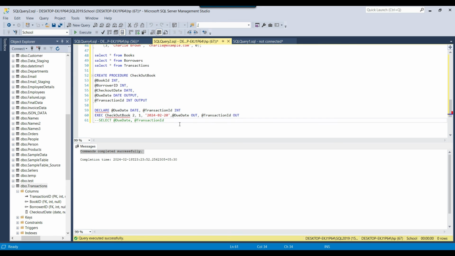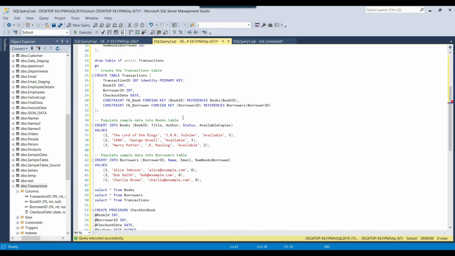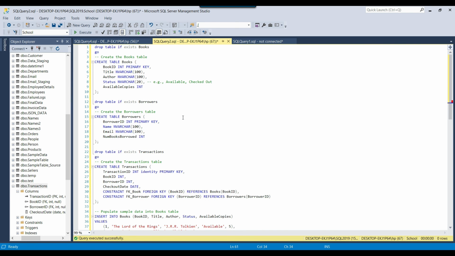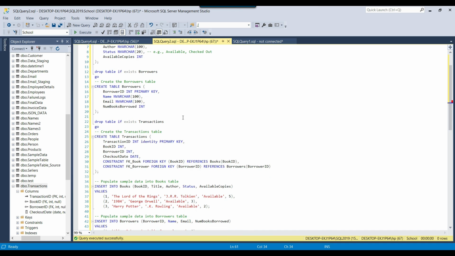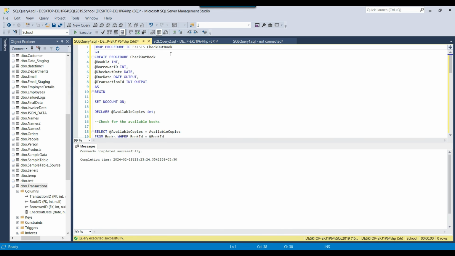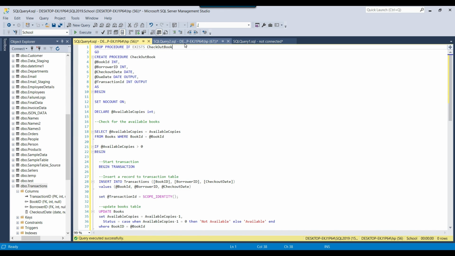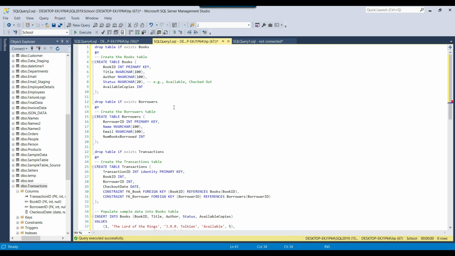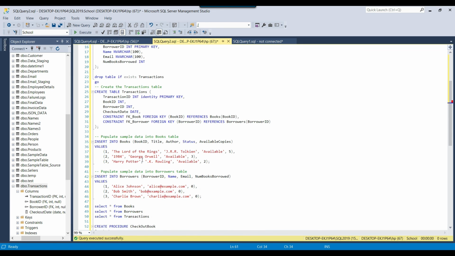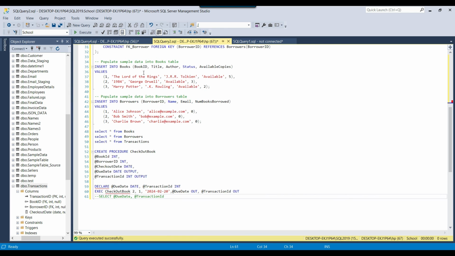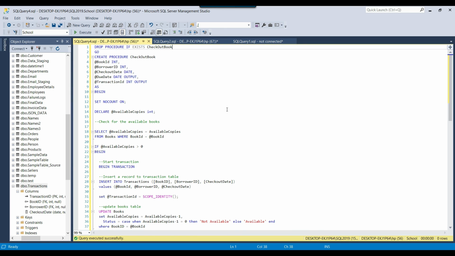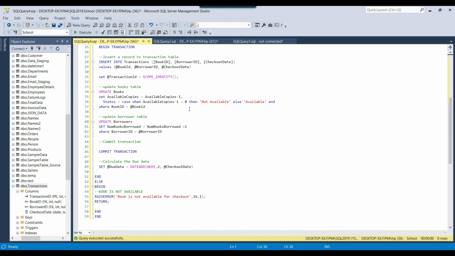So this was about stored procedures, like how you can create a stored procedure for doing something in SQL Server. This stored procedure was for a library, and maybe I can create some more videos on different topics, like how we can create stored procedures on other topics as well. I will share all the queries, like the queries to create the books table, borrowers table, transactions table, insert some sample data into those tables, and I will also share the create script for the stored procedure as well. Yes, so I think that's it for today's video.